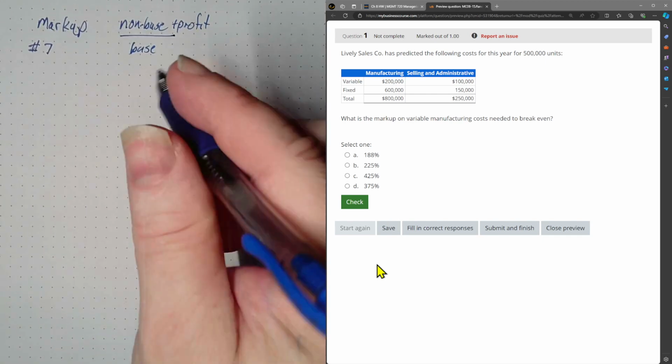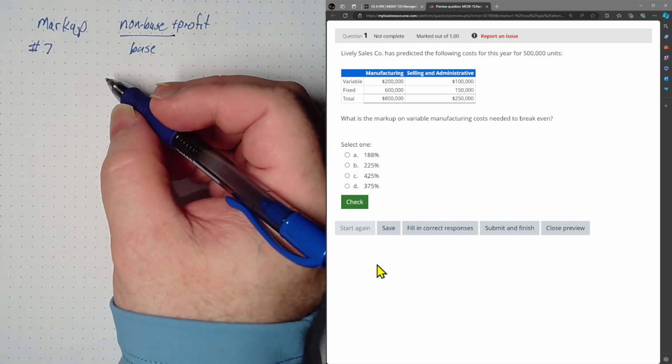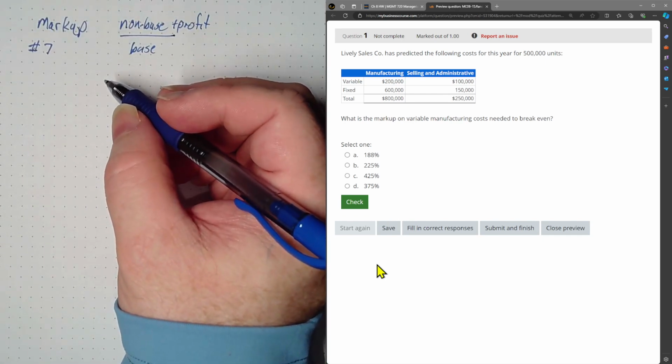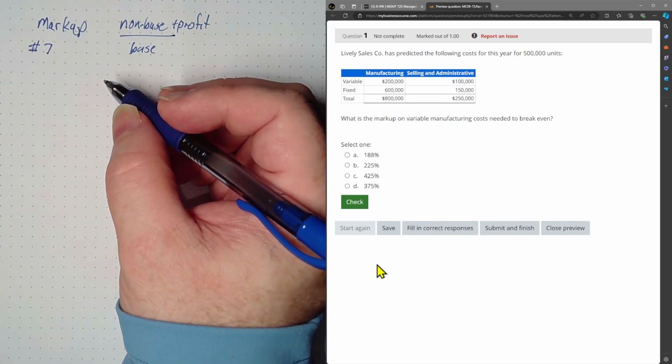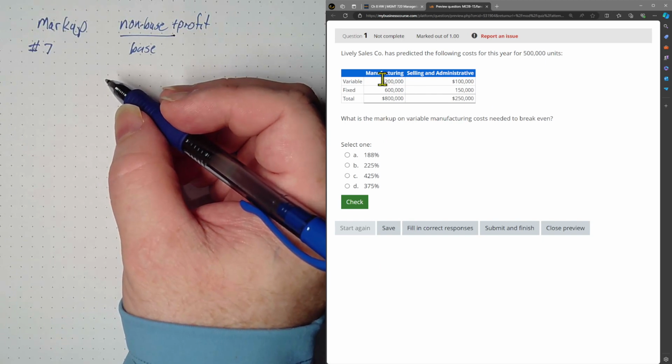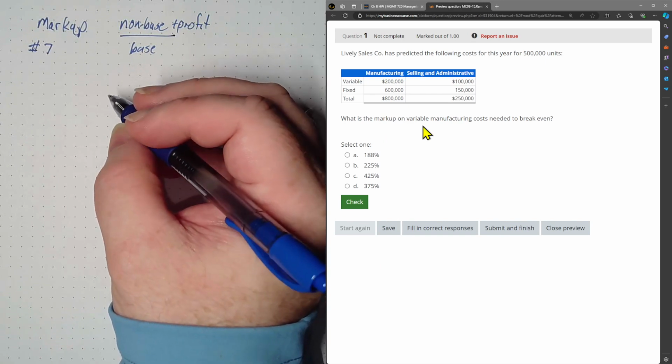That's what we want to do. So here for number 7, 2 things we need to notice is that it says variable manufacturing costs. So of these 4 squares, it's talking about just this number as being the base, right? So if we put this in the base,